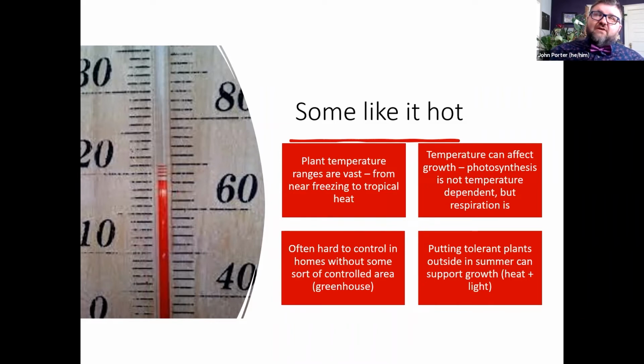And temperature affects plant growth. It doesn't affect photosynthesis. Light affects photosynthesis. So the production of energy is not temperature dependent, but respiration, the plant using the sugars that it creates, is, and that's what gives us growth. And so we can be creating food when it's cool and bright, but we're not going to use that and grow. And so that's why light levels reduce in the winter, and also temperatures reduce in the winter. And that's why even our house plants slow down or stop growing during the winter. It's because there is usually less light for photosynthesis.